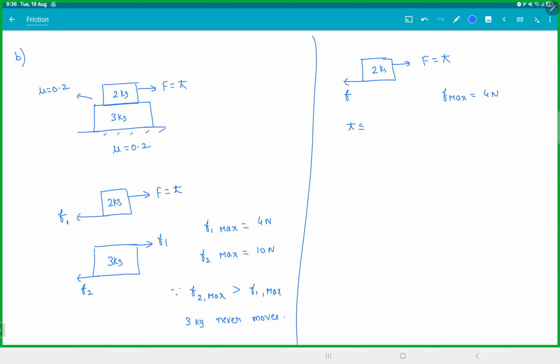So for T less than 4, the 2 kg will be at rest. It is just a 1 block problem. And for T greater than 4, this friction has become 4. A is equal to T minus 4 by 2. So if you try to plot this graph,